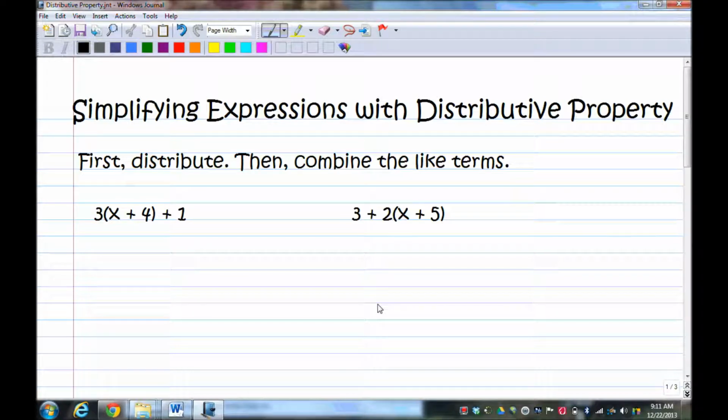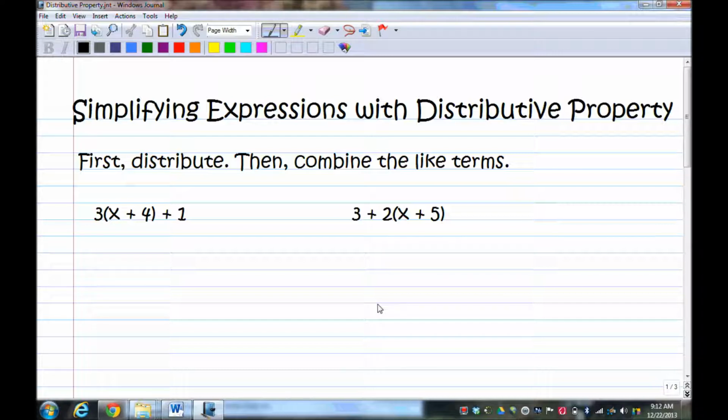Now we're going to simplify expressions with the distributive property. The distributive property exists when you have those parentheses and there's a number on the outside. It has to be distributed to everything on the inside. So when you have those parentheses, first thing you want to do is distribute, and then you'll combine your like